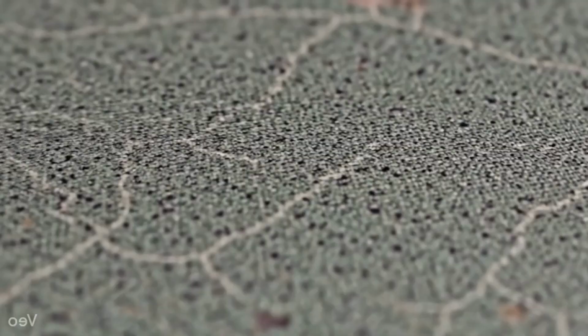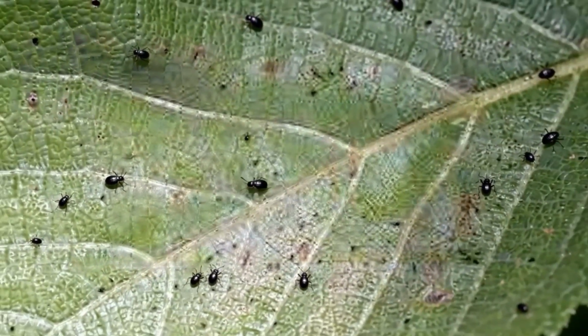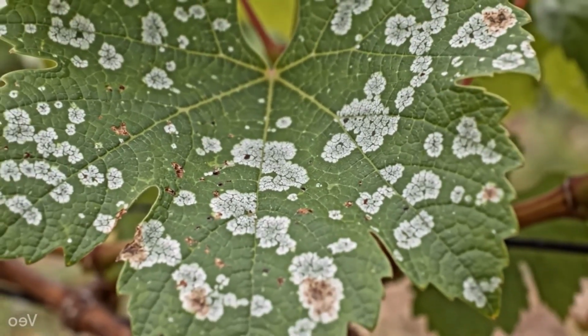Adequate watering and avoiding excessive nitrogen fertilization can help prevent thrips populations from growing. The key point is that silvery patches appear on leaves and fruit. Small, shiny grey and black spots, insect droppings,